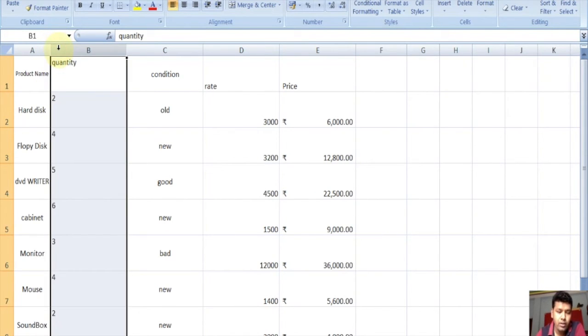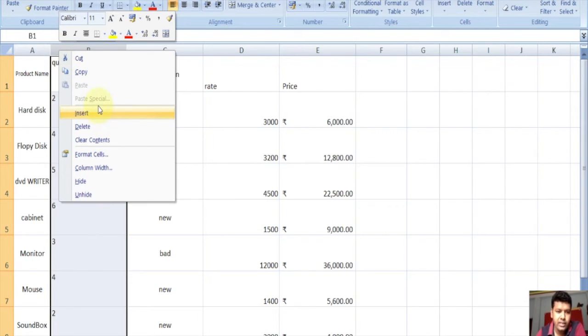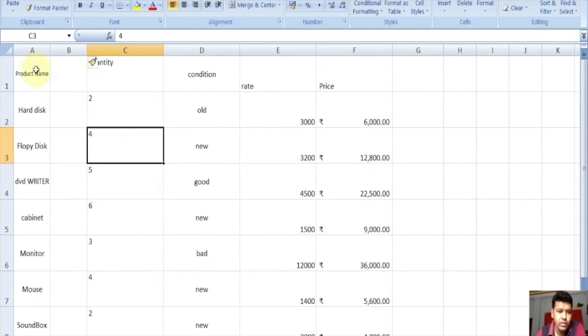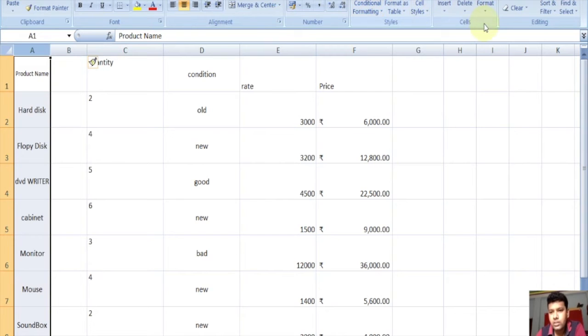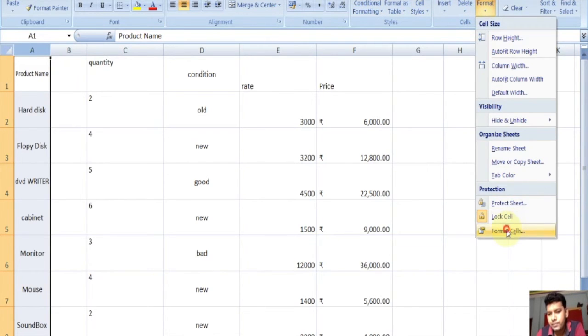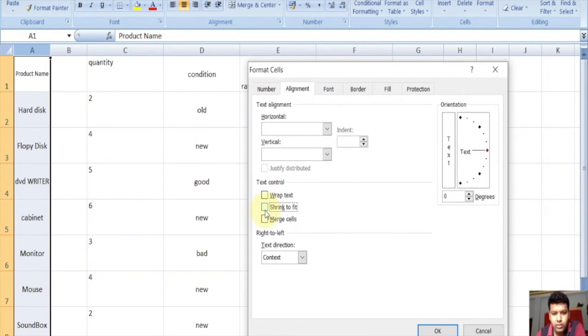it also. Just click here and click insert a row. Suppose we want to turn off this shrink to fit option, we turn off shrink to fit and click OK.